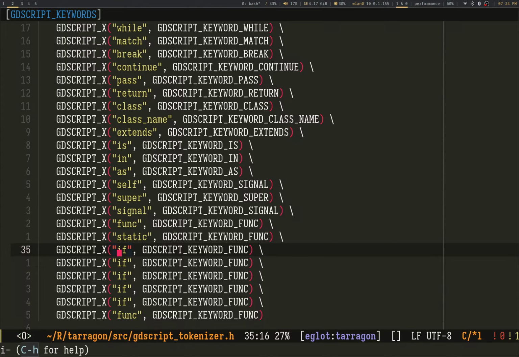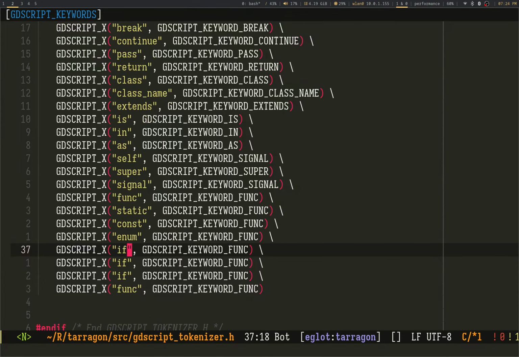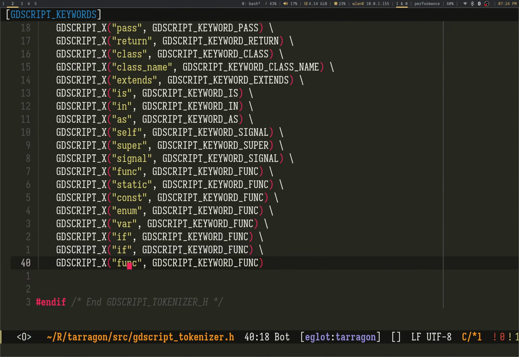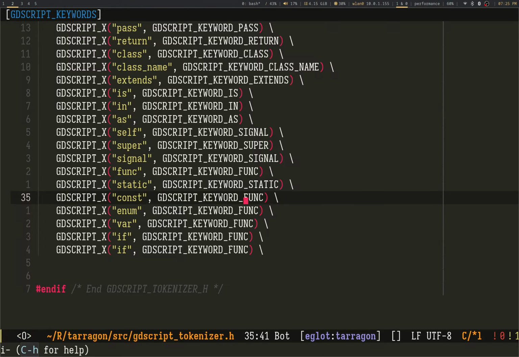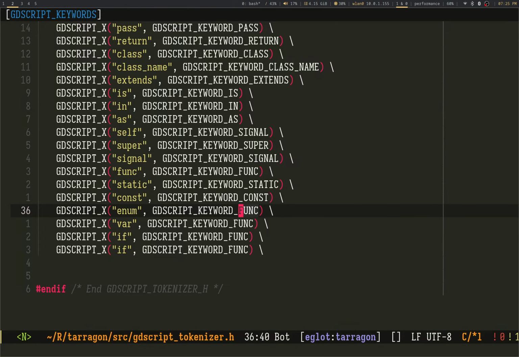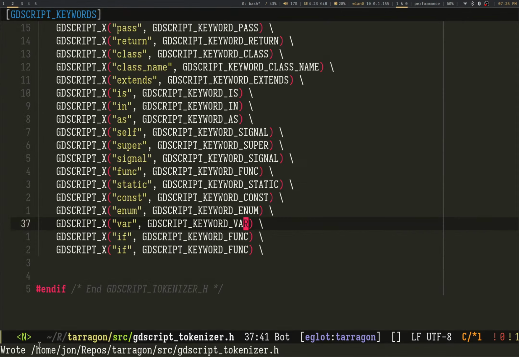See, Stoding, he can actually think while he does this. I cannot. I'm using 200% of my brain right now. Ah, I already had func. Whatever. All right. Static. Gotta collect them all.